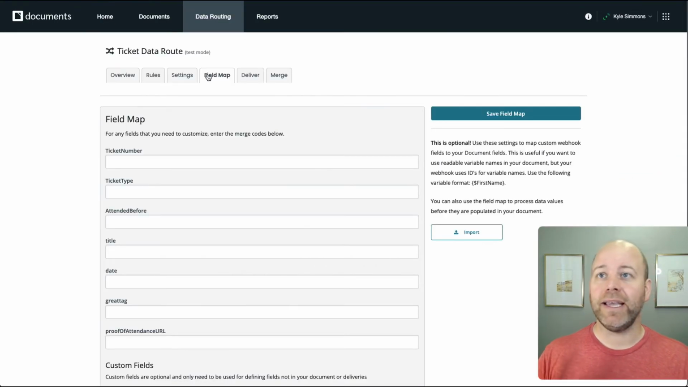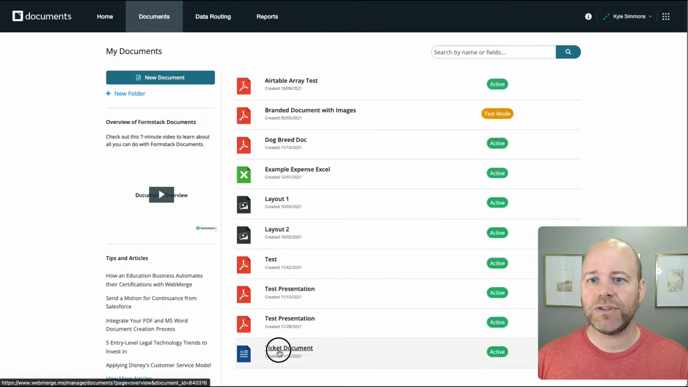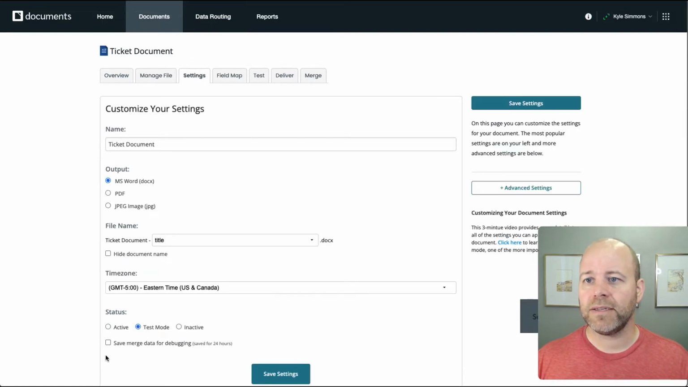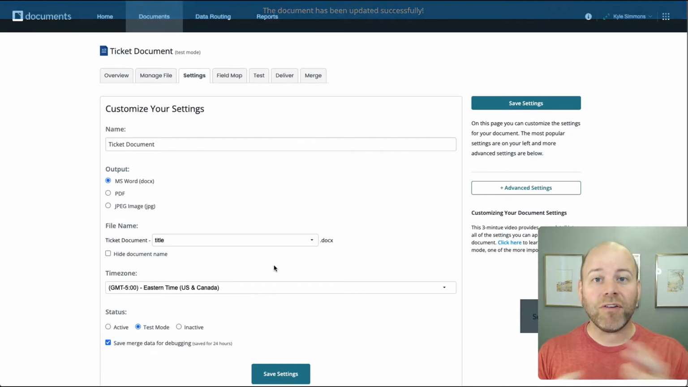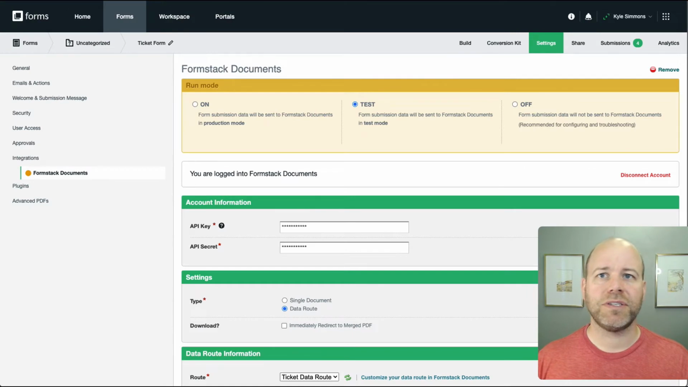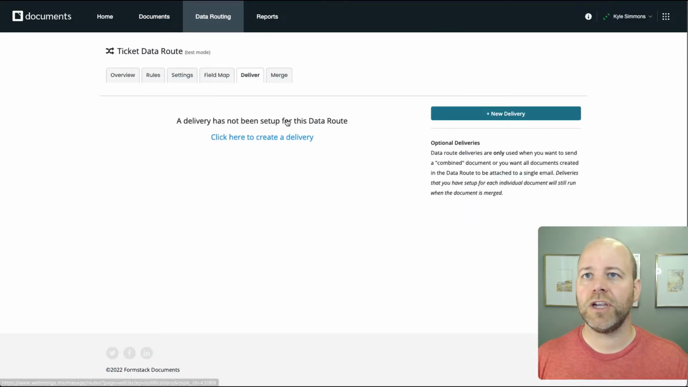I have my data route set to test mode. I believe my document is also set to test mode. Let's do that. I'm going to save this data. So now everything is set up for me to test this. So let's take a peek. Let's actually see where this is getting delivered though, this data route, because I want this to end up at my inbox. So let's check my delivery,